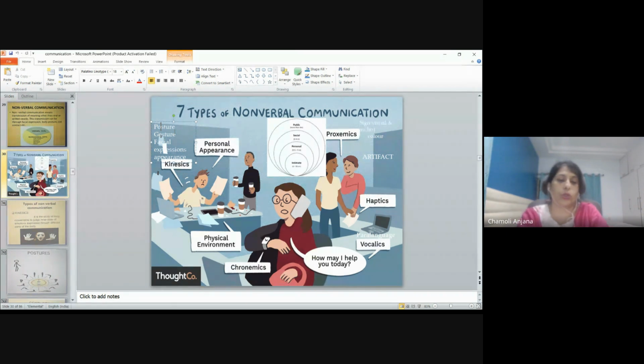So this shows you are intimidating. And the way you are standing, the posture, is also a form of non-verbal communication. Gesture is like when somebody speaks very well, you clap for them. Through gesture, that's a very good way of appreciating people, right? So that is also a kind of gesture.